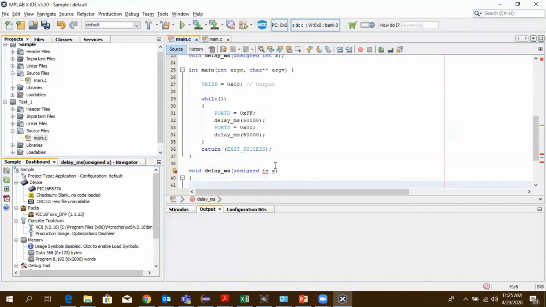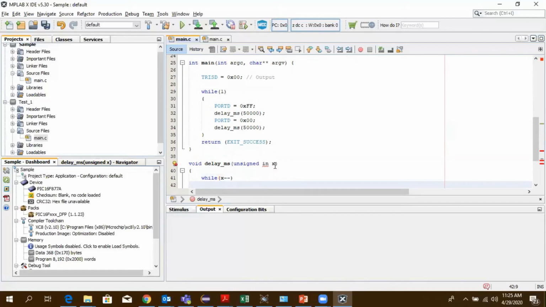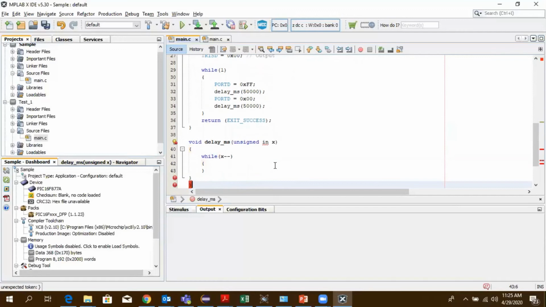It was just a while loop. It is intentional, so we are not going to do anything inside.